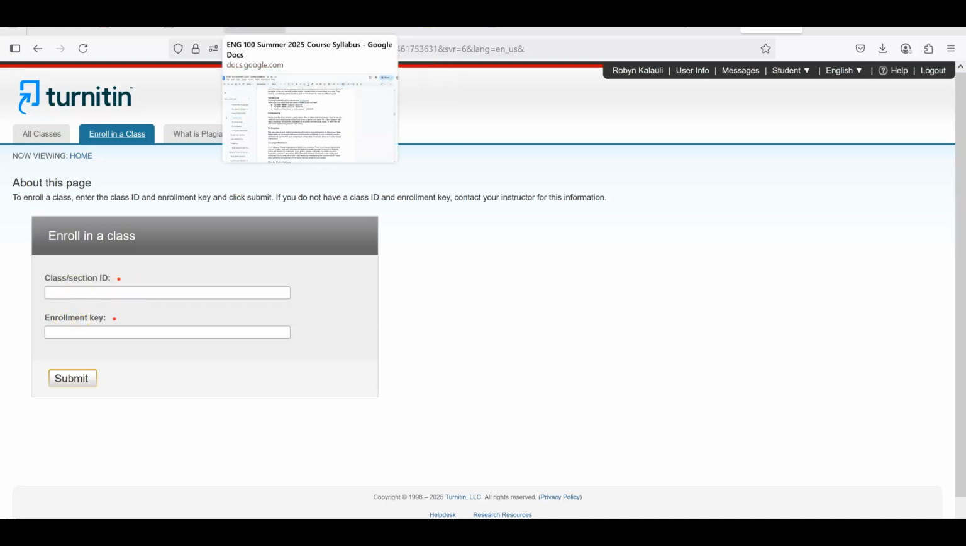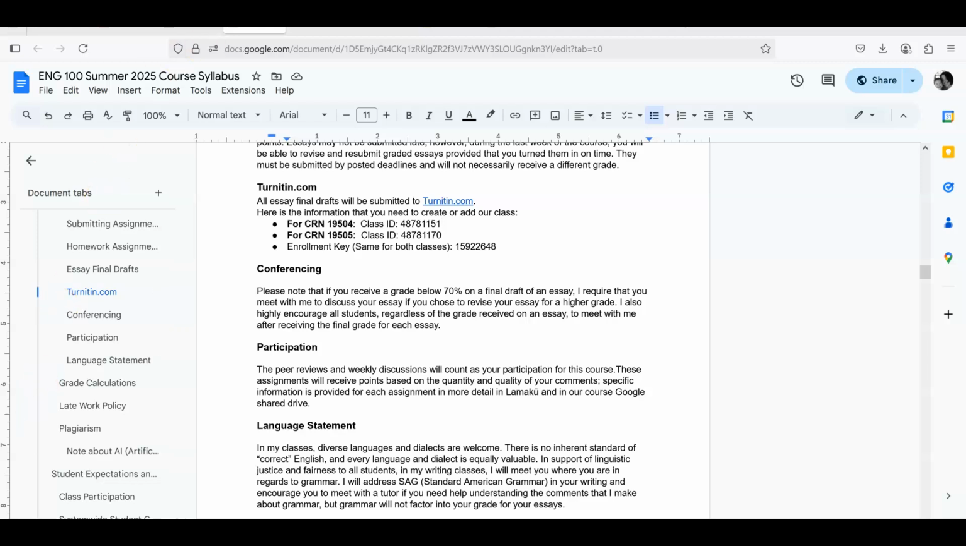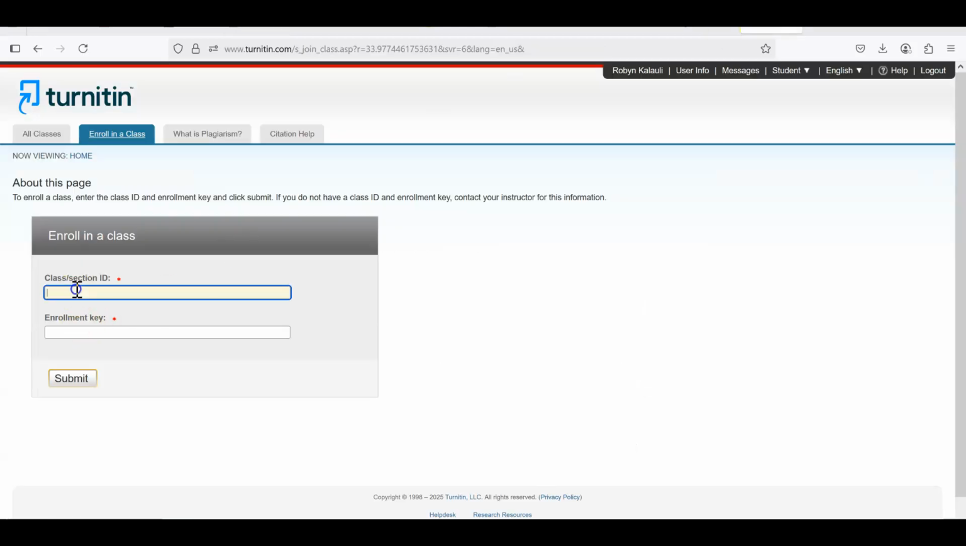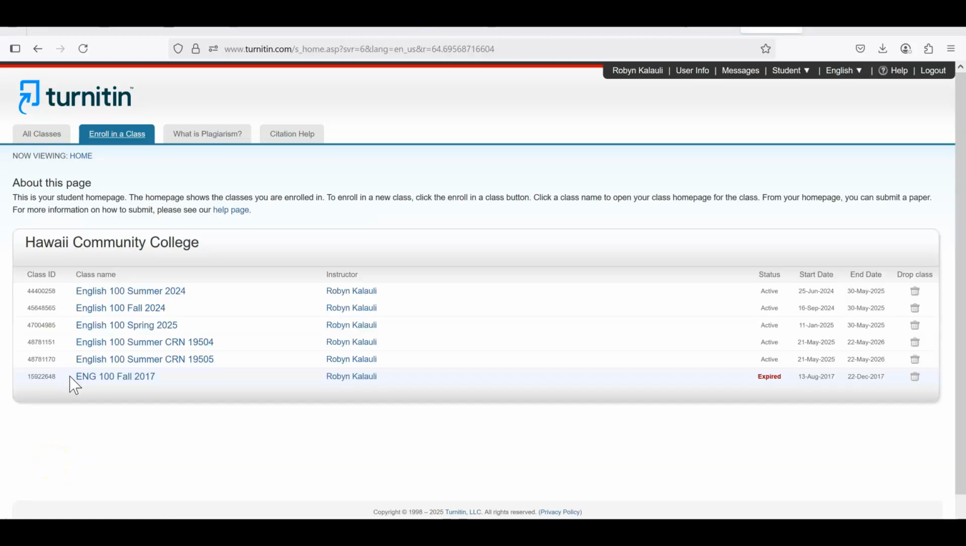So we'll go back to our course syllabus and we will get the information we need, and then we can just copy and paste that information right into our Turnitin.com account. After we've entered that information, we can click Submit, and then we will be enrolled into our course. The next thing I want to do is find our course, so I'm going to click on the course that I'm